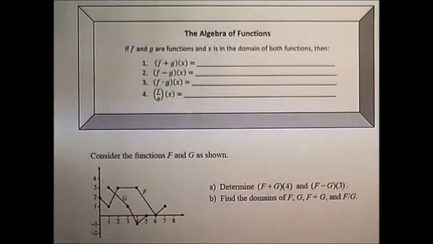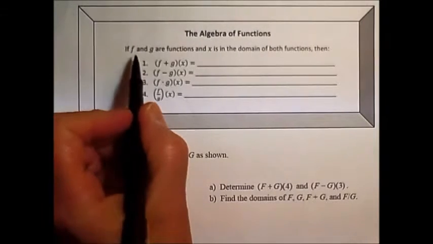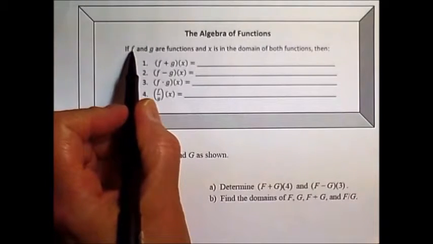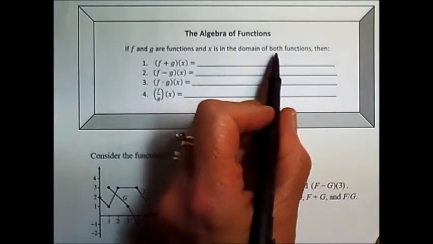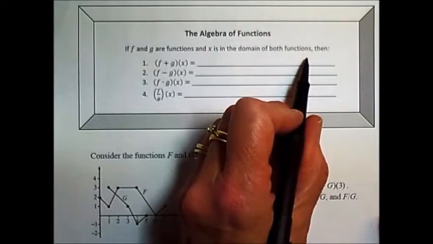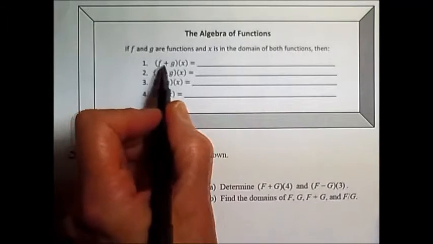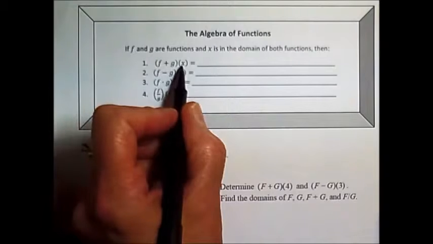Intermediate Algebra, Section 2.6, the Algebra of Functions. We now examine 4 ways in which functions can be combined. And here in our class notes, we're given that if f and g are functions and x is in the domain of both functions, in other words, common to both of these functions, we can add the functions together into